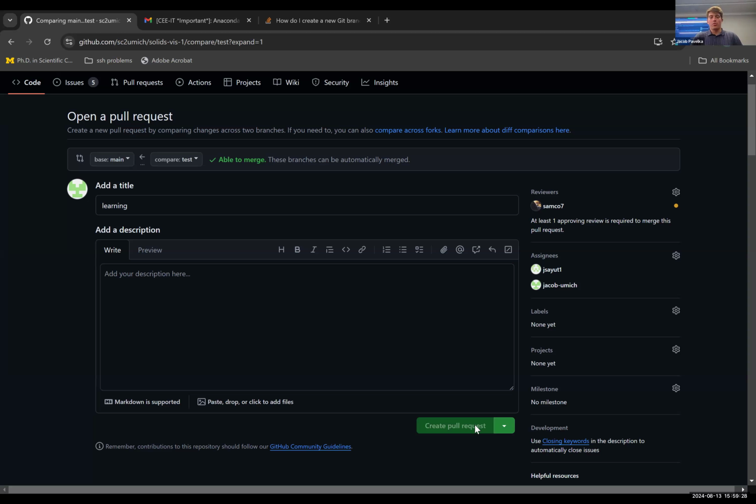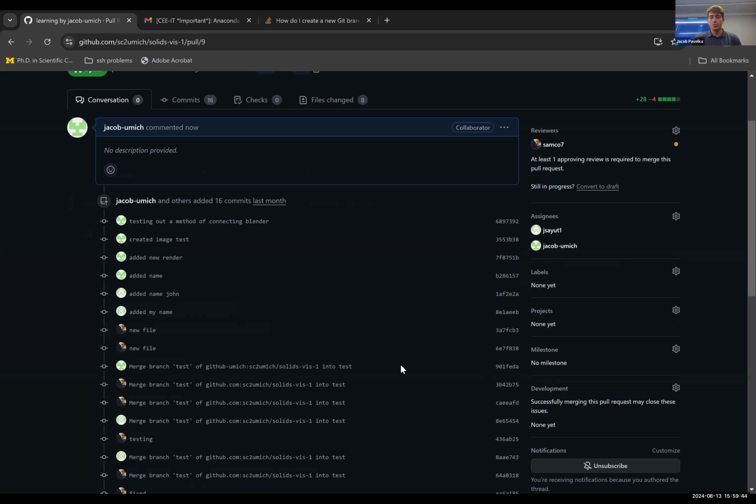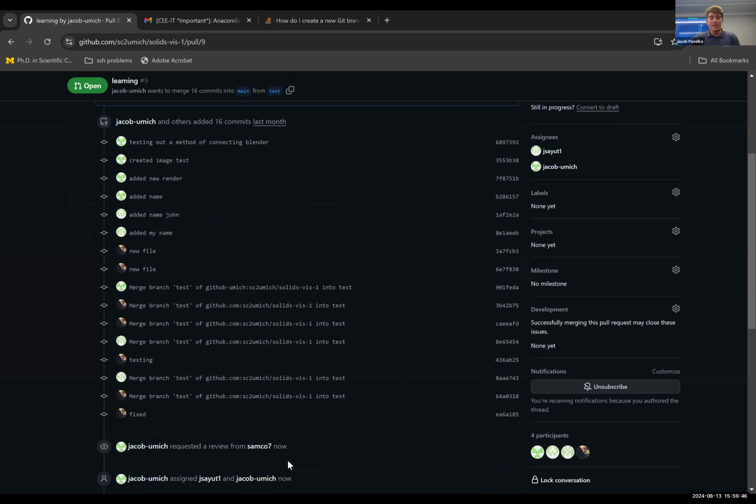So we created the pull request and now it has to be reviewed by Sam. But say Sam is busy this week and he won't be able to get to it until next week. And we're like, oh, aha, I needed to add this feature really quickly, but I've already made the pull request. Do I need to make another pull request? You don't actually. So I'll go ahead and